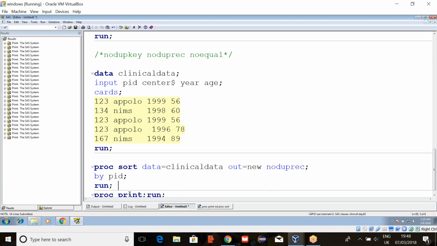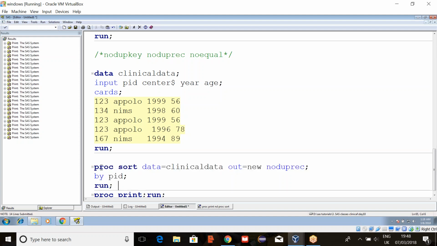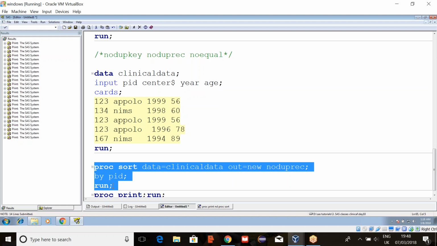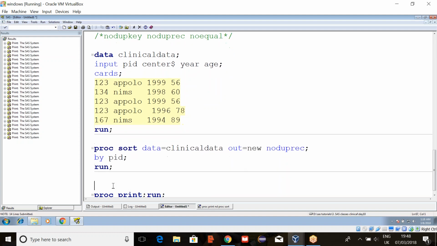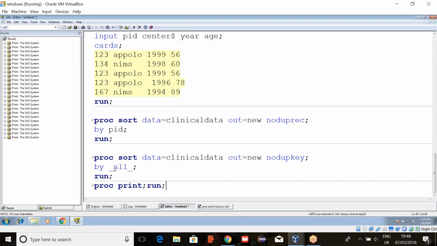And if you want to get the same output using nodupkey, we can mention all the variable names, by _all_. Both are the same. Even though the options are different, these two codes will give the same output because of this. Did you understand the logic here, everyone?